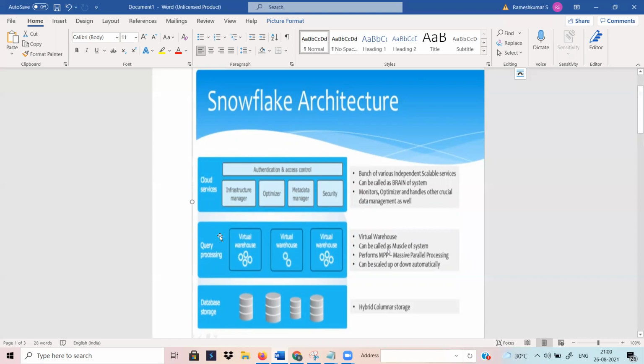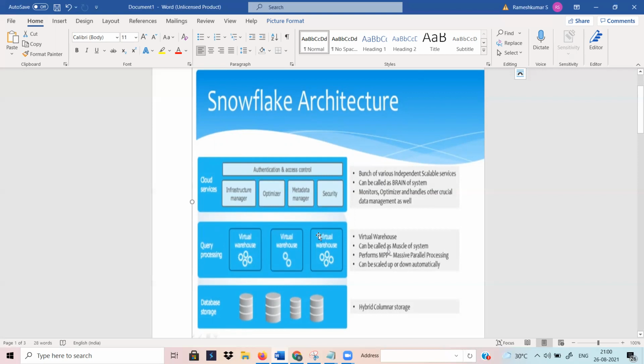Massive parallel processing means, in this cloud, we have this as a computing section and this as a storage section. When we run the query, whatever logic we are providing, the system reacts based on that. That complete logic is taken care of here only. This massive parallel processing is also distributed. Once you submit the query, the logic is computed here, and we also share the resources with each other.